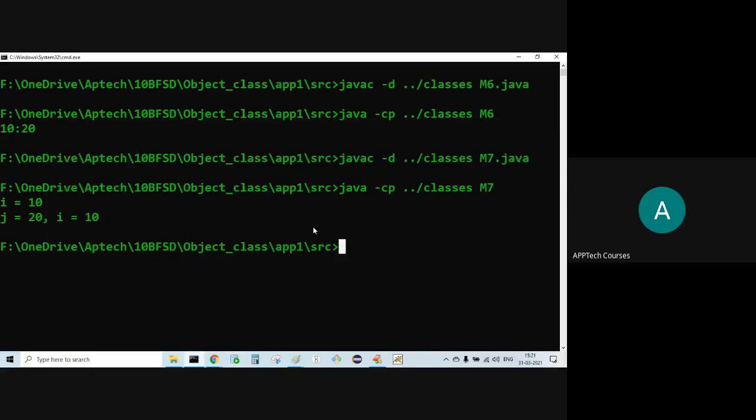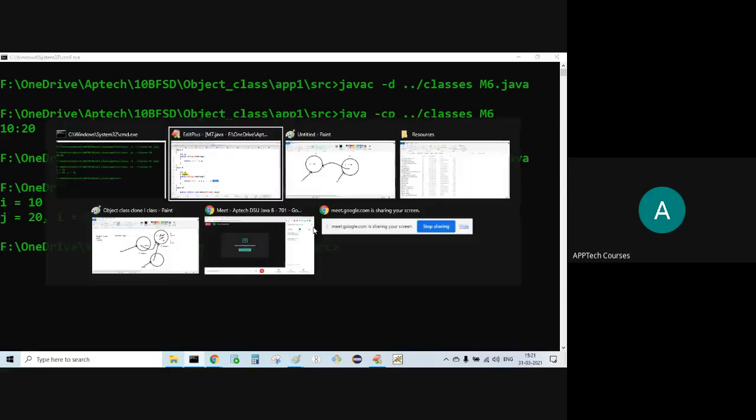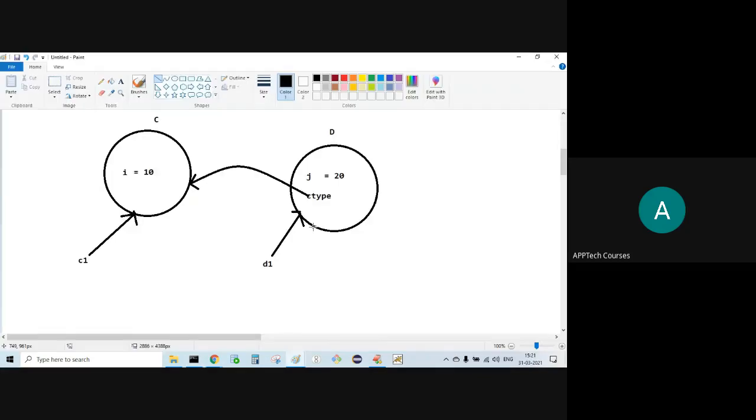Understood this diagram? Understood or not?